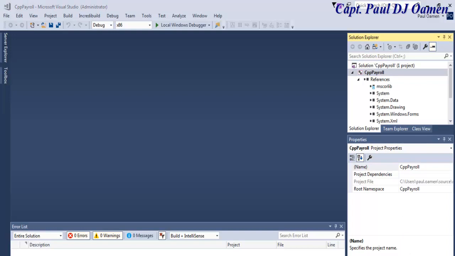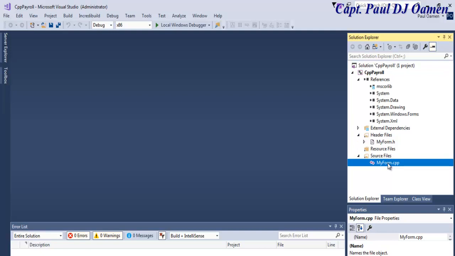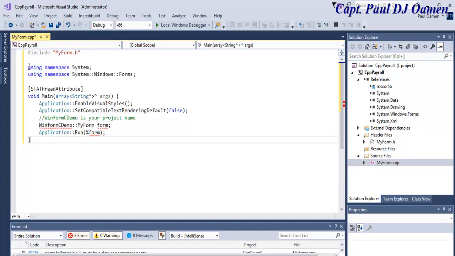Now the next thing you need to do is, you see right underneath here inside your Solution Explorer, you will see myform.cpp. Okay, let's assume everything is collapsed, just drop it down, you should be able to see myform.cpp right there. Double click on myform.cpp and this appears. Look at that, and you see these very lines of code. I'm going to paste this in there. You guys will find these lines of code inside a forum that I'm going to attach to the description area